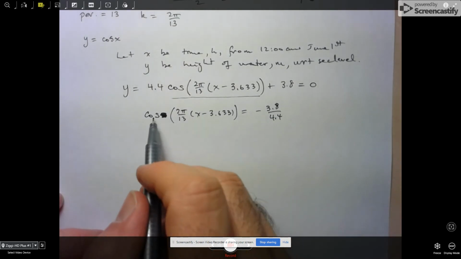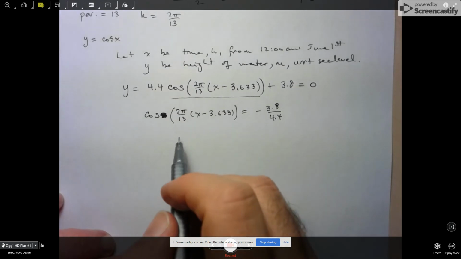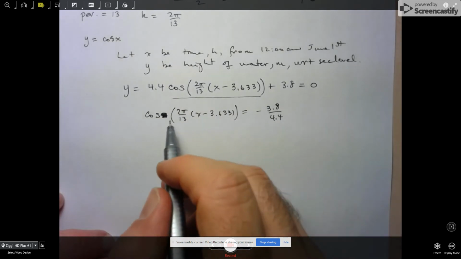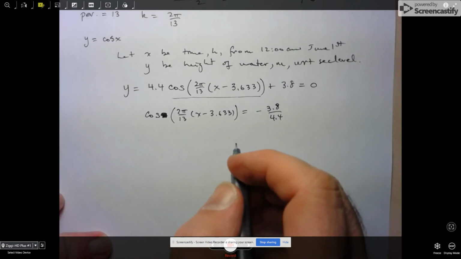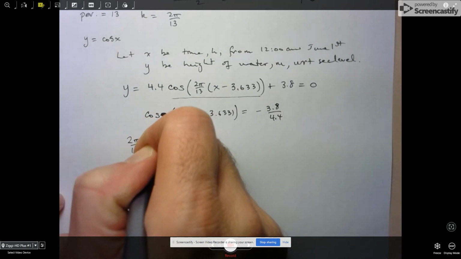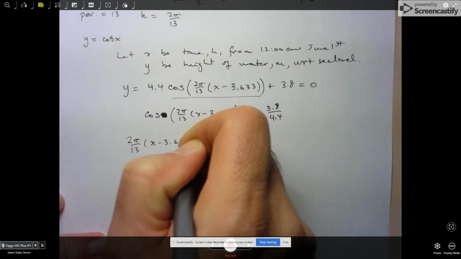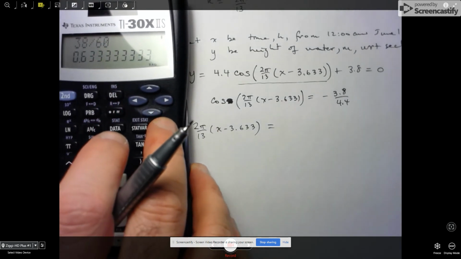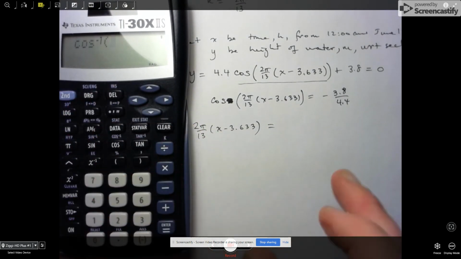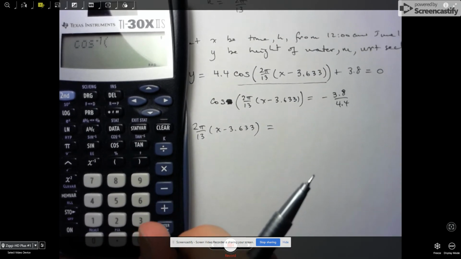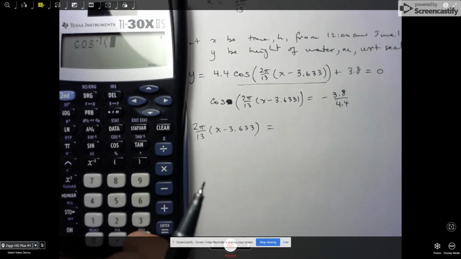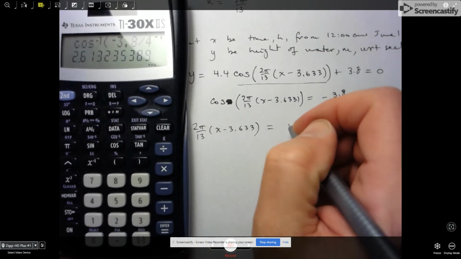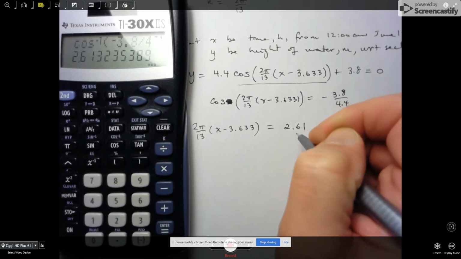So now that I've isolated my trig ratio, the next step is to find two values of cosine, which are two angles for which cosine is equal to this number here. So the first one, we have 2 pi over 13 times x minus 3.633, can be equal to the inverse cosine. Since it's negative, I'm expecting something in the second quadrant, so bigger than 1.57. So inverse cosine of negative 3.8 divided by 4.4 is equal to 2.61,